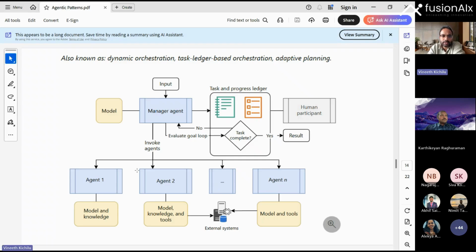So you can say this is a dynamic orchestration or a task ledger based orchestration where a manager agent is creating a task and progress ledger and is getting the human in the loop and then calling agent one, agent two, agent three, depending on the way the task has to be executed on the ledger, right? So the agent is not executing how it wants. It is presenting the plan to the human saying, hey, I want to execute in this way.